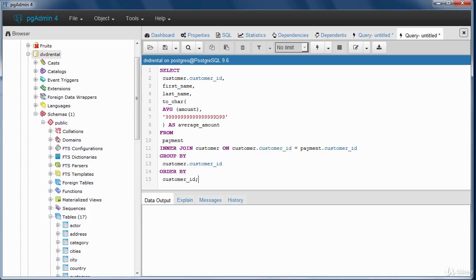So I've added the query here. In this example query, I'm calculating the average value of a group. I'm using the AVG function with the group by clause. What's happening here is that the group by clause will divide the rows of the table into groups, then the AVG function will be applied to each group. In this example I'm calculating the average amount paid by each customer. Okay, so let me execute this and you will see